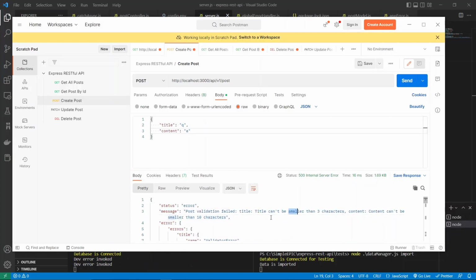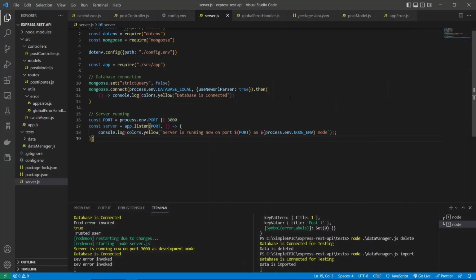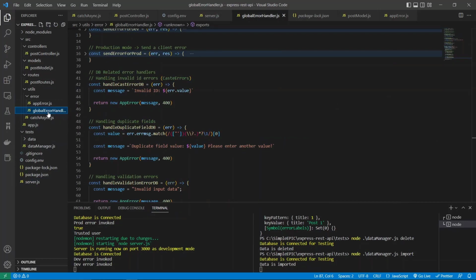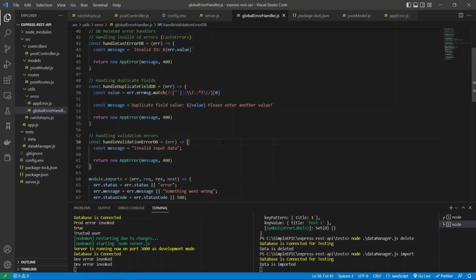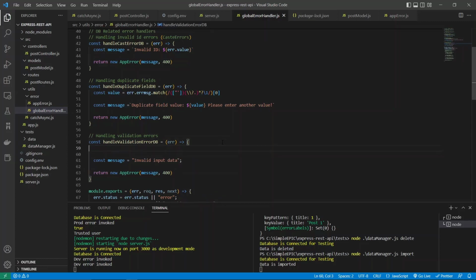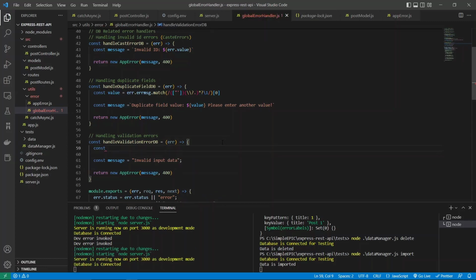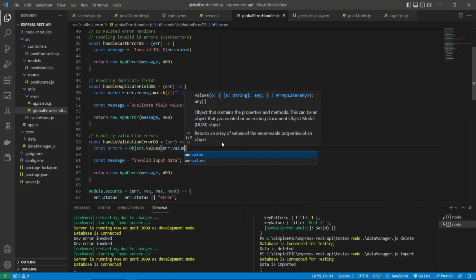These sort of errors we need to combine together and make a single error message text. We can do that by using the map function. So first let's go to the global error handler and handle validation errors db, and let's construct that as well, errors. So Object.values on this error.errors,